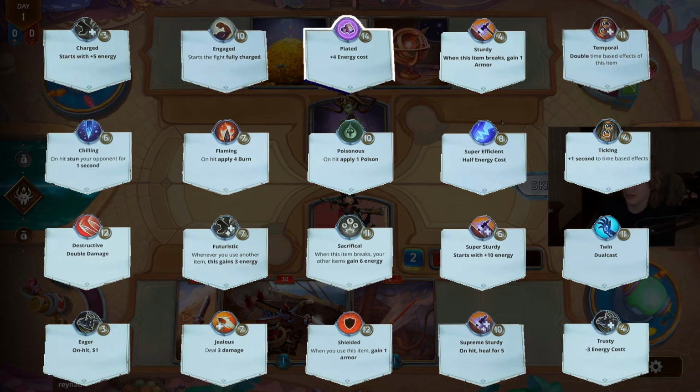Next up, Plated, which is a bit of a weird one. We see Trusty much further down, which reduces energy cost by 3, but Plated increases it. It makes me wonder if there are cards or builds that benefit from certain items triggering later on in battle. Only time will tell. Sturdy grants armor when an item breaks, and further down the list, Sacrificial grants other items